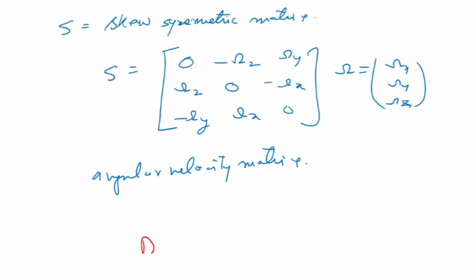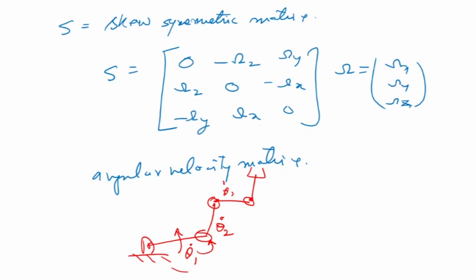When we're talking about angular velocity like this, when this is moving with theta 1 dot, this theta 1 dot will be going on to this link. So the second link will have its own velocity theta 2 dot plus the theta 1 dot which is coming from the previous link. Similarly, the third will have theta 3 dot plus theta 1 dot plus theta 2 dot going in the forward direction. So it means this link will have a sum of velocities coming in this direction. Even if it itself is not moving, it will still be subjected to a velocity. And there are two velocities, one is the angular velocity which is theta dot and the other velocity which is v.